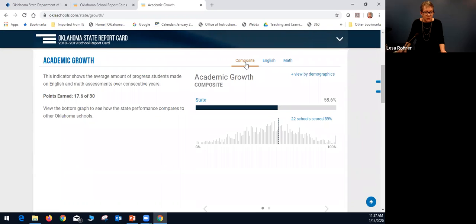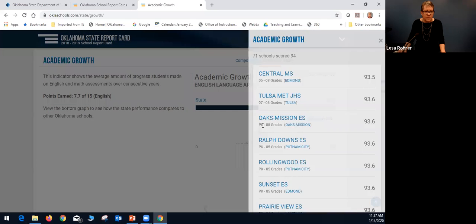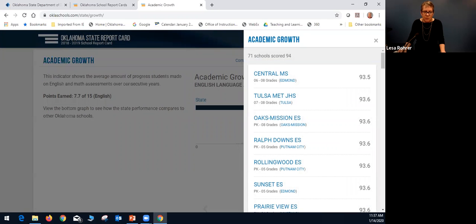We've looked at these visualizations, but what you may not know is that if you click on this distribution graph, and here we are at the state, we're earning 58.6%. So let's change that to English because I really want to know how we're performing in a subject area. Notice that that graph changed because remember we have points that range from 0 to 200 here. We're earning an average of 89.7. Let's go to a school that's earning a little bit more. If we click on that, it opens a modal and it shows us all the schools that are performing at that.